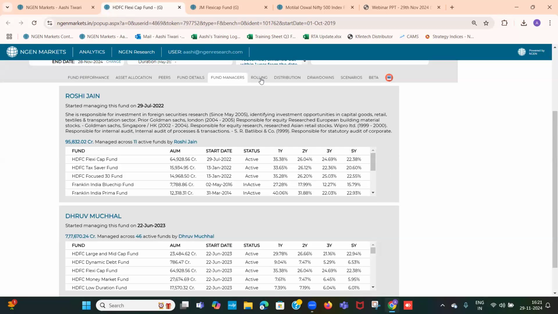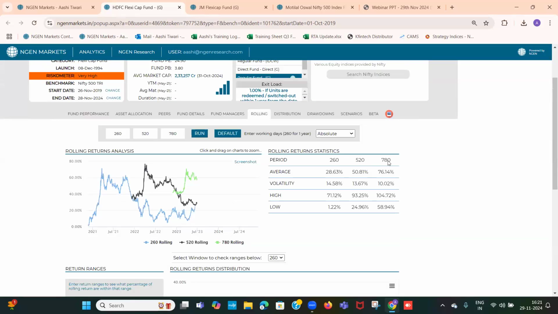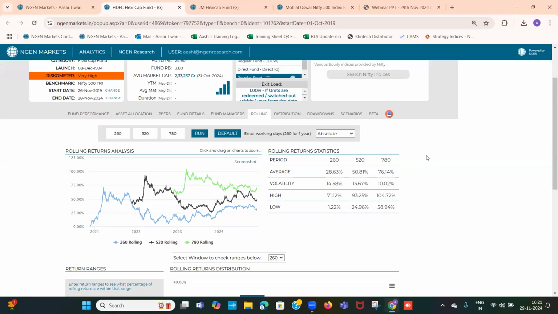Next parameter that we'll be looking upon is rollings. Now the rollings talks about the consistency of the fund. Here you can simultaneously check for 3 rolling windows. So here it is 260 days, 520 days and 780 days. So 260 days stands for 1 year working period, 520 is 2 years working period and 780 is 3 years